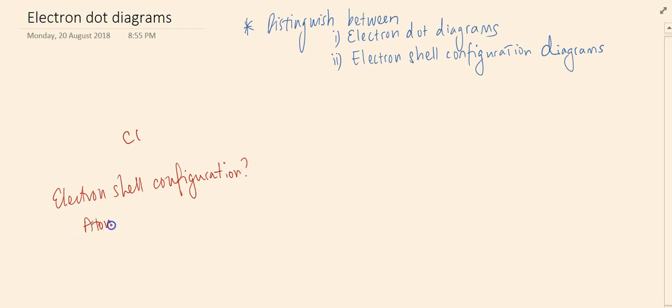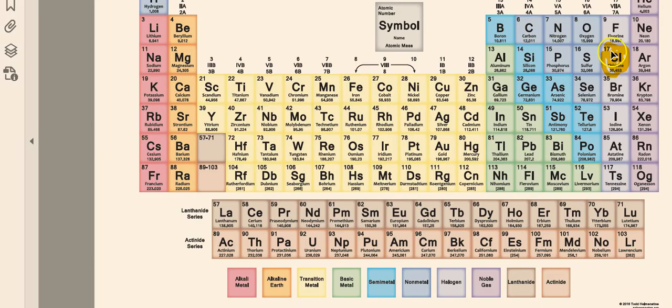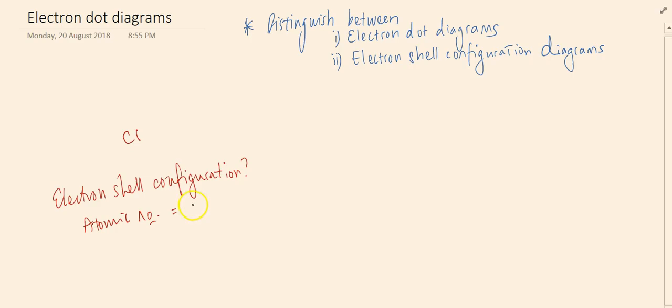The atomic number of chlorine, if you look at the periodic table, is 17. And if we know in the first shell we can fill it up with 2 electrons, the second shell has 8 electrons, and the third shell has 7, to add up to 17 electrons,